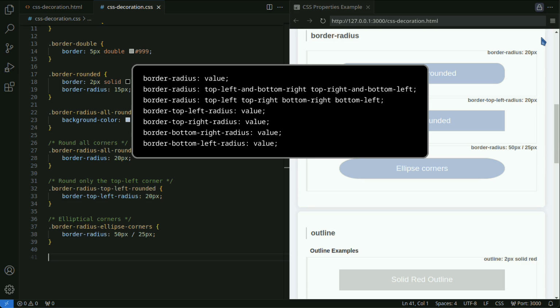Specifying two values applies the first value to the top left and bottom right corners, and the second value to the top right and bottom left corners. By specifying 4 values, you can set different radii for each corner. The values are applied clockwise from the top left. You can also specify individually like border top left radius.